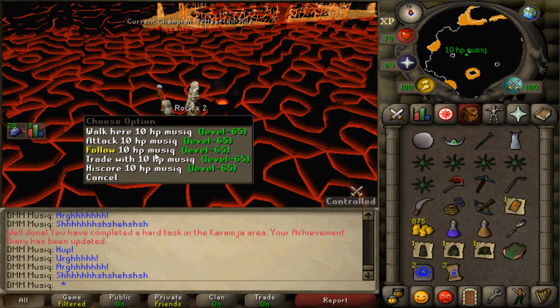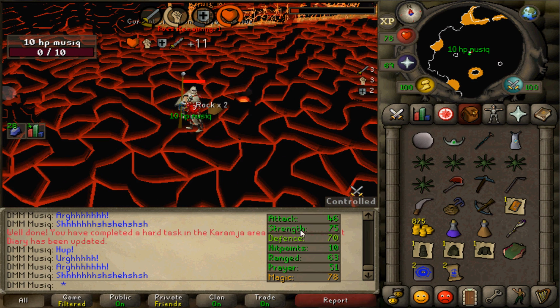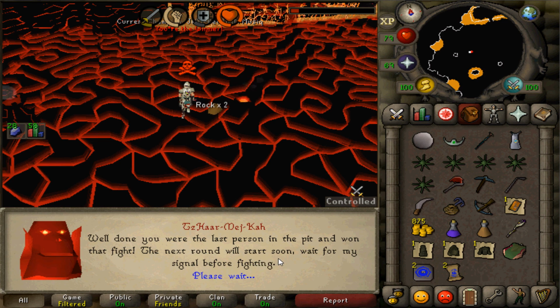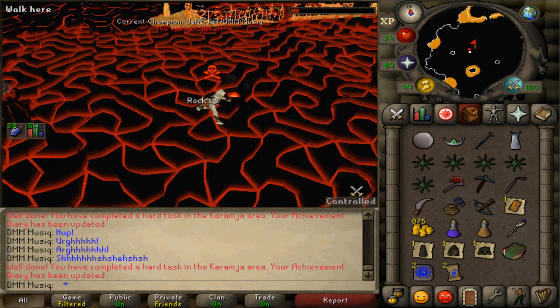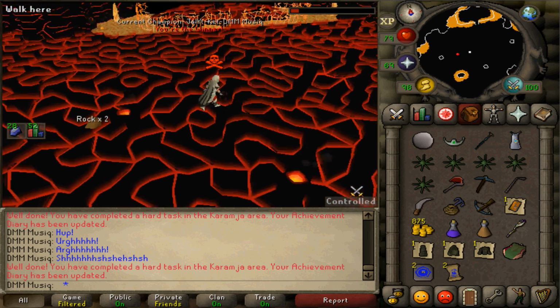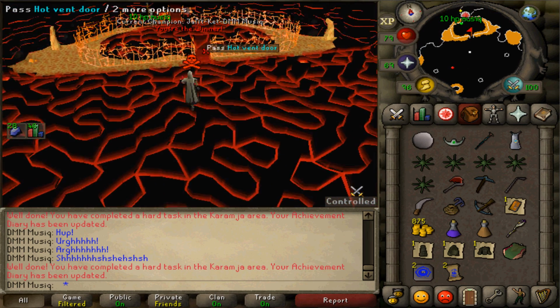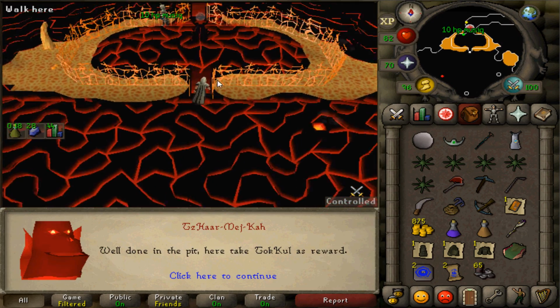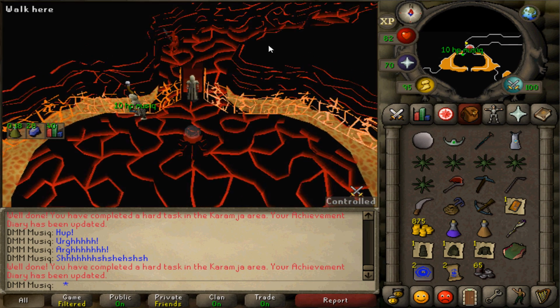Alright, fight. Attack your friend. And because you've become champion, this will be task number 4 completed. Now be sure to return the favor, so be sure to play another game and let your friend become the champion. So once you've become champion and you have returned the favor, pass through the hot vent and let's go